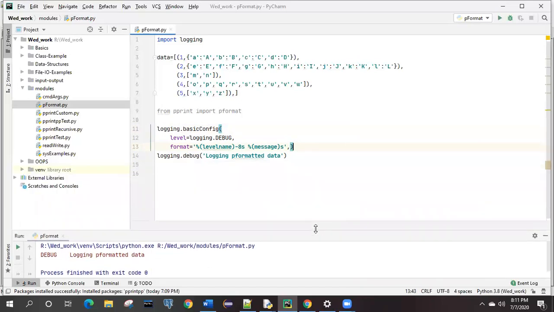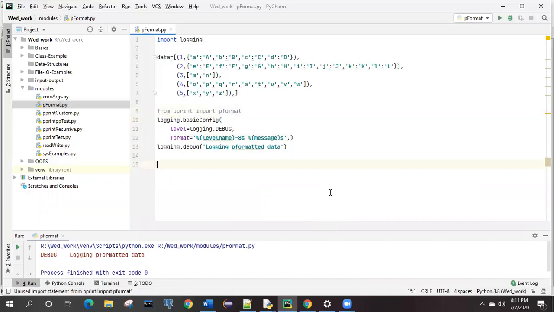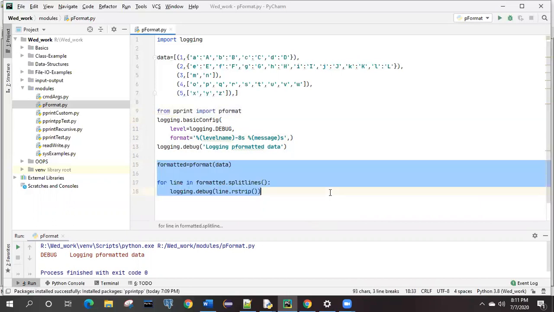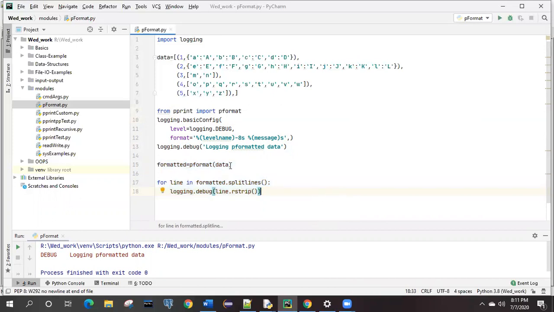Now we will modify this same example as we have seen. Some code was written over here. This code is also not any specific thing, right? But what we are doing over here, in the previous example we have seen that example for formatting pretty print, right?